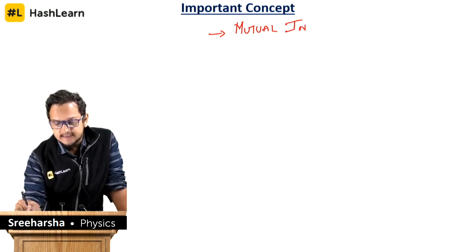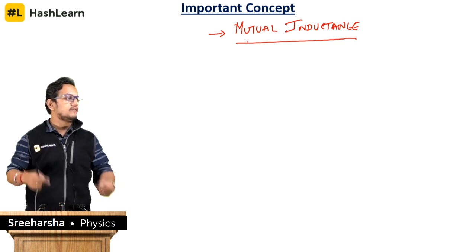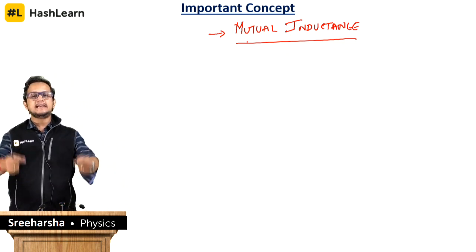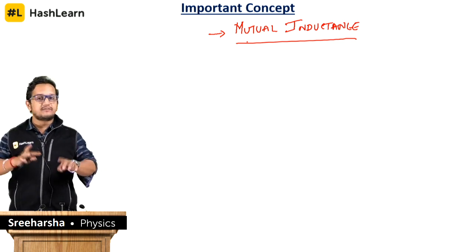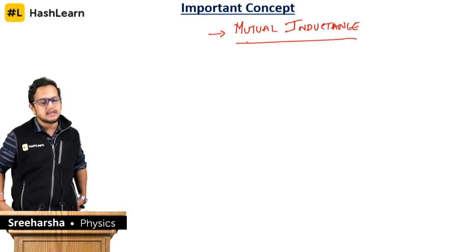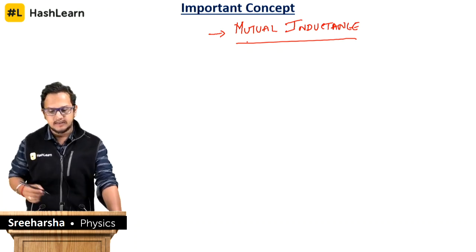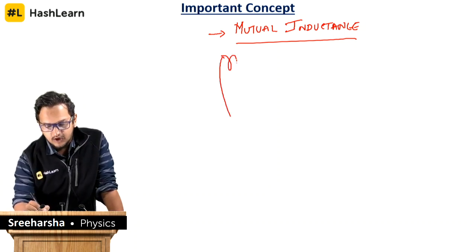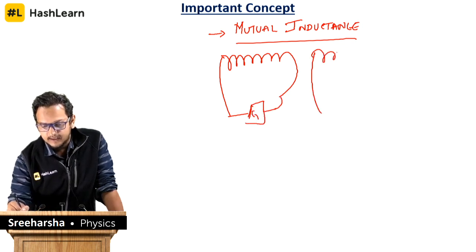So mutual inductance and self-inductance are almost the same, with the small difference that self-inductance is because of the same coil, whereas mutual inductance is because of two different coils. Now let us say you have one coil connected to a galvanometer, and you have another coil